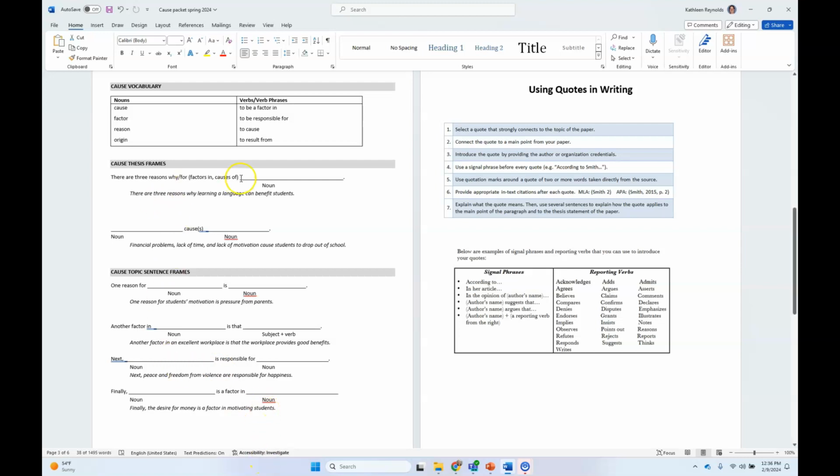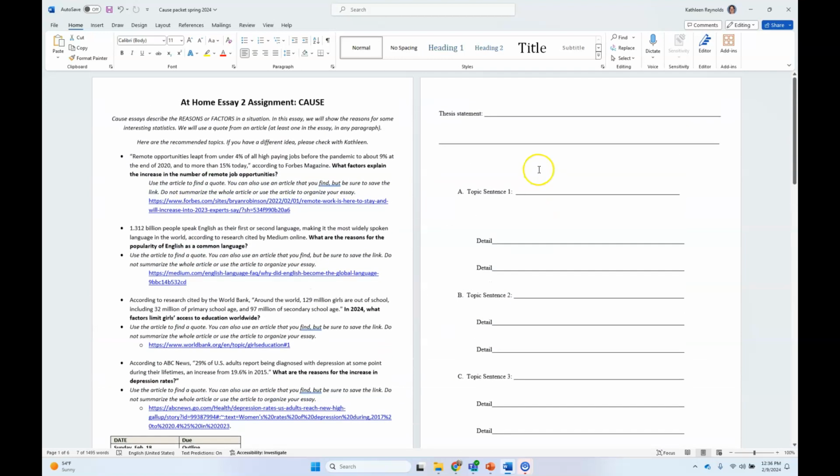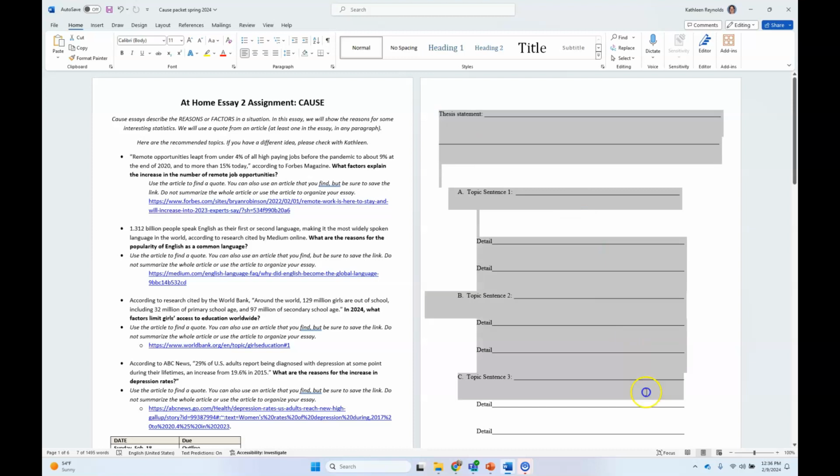So again, this is not something where you need to go and complete every line. This is something where you would copy the sentence and add your own information to create, for example, a topic sentence. So the assignment that I'm looking for is just this outline part.